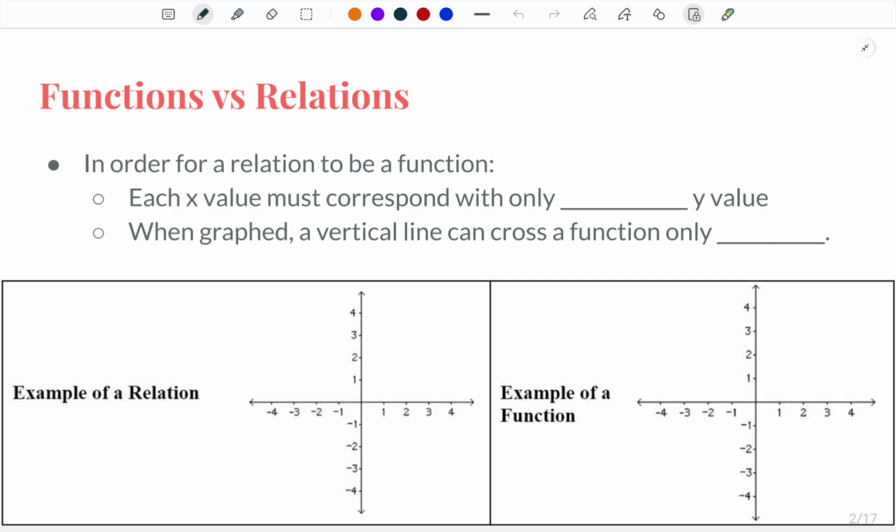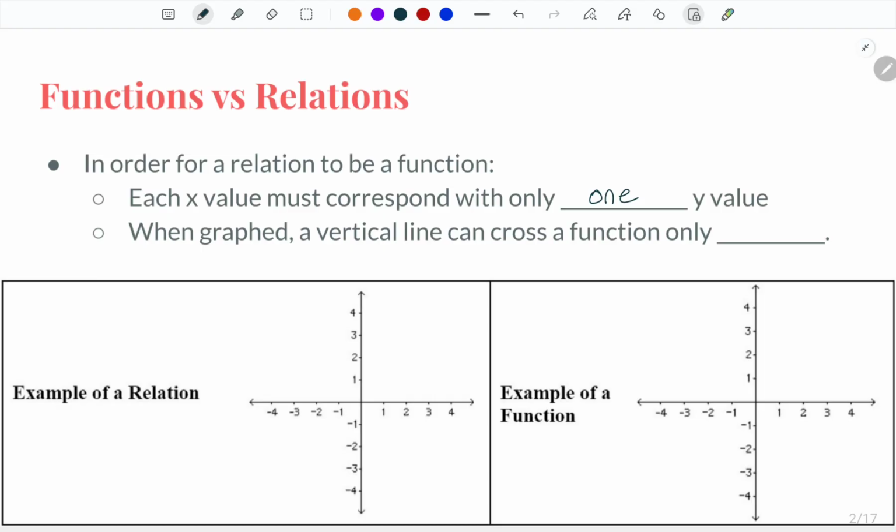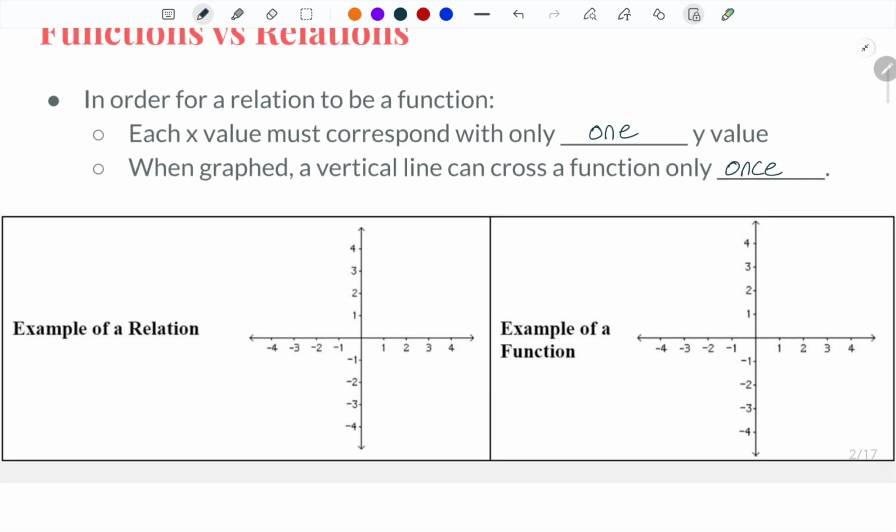So in order for a relation to be a function, we have to make sure that each x value corresponds with only one y value. That's the key thing, and we saw that was particularly true with what we called the vertical line test, where if you draw a vertical line, it can cross a function only, well, once. And if it crosses twice, well, that's not a function. So something like a circle. If I were to draw a vertical line, let's say here, it crosses twice, therefore not a function,